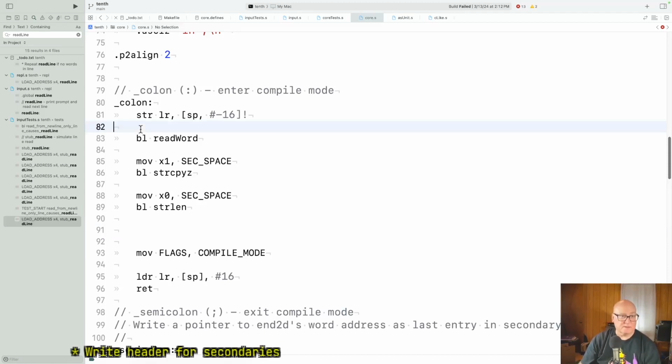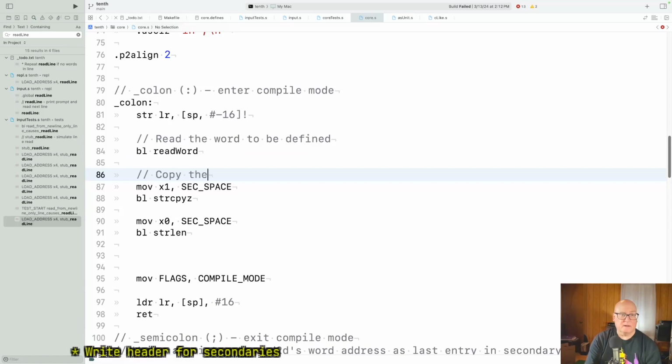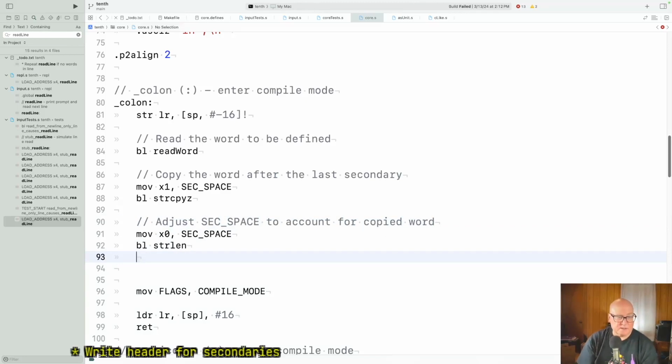Okay, so let's start commenting. Read the word to be defined. Copy the word after the last secondary. Adjust secondary space to account for copied word. All right, so now X0 is the string length. So let's make X0 equals